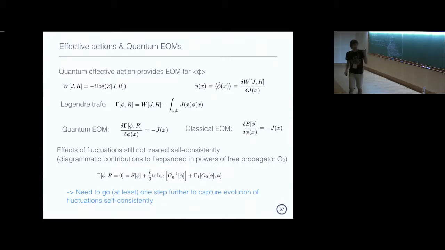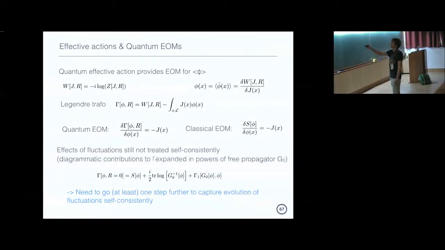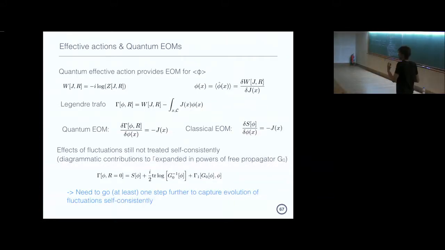And just like that, what I'm doing here is I take this effective action and a derivative with respect to the field, and that gives me the equation of motion for the scalar. So that's going to be the quantum equation of motion, and in a sense that's one-to-one analogous to the classical equation of motion. In the classical equation of motion we would extremize the action, and if a source is present, there would be a source appearing on the right-hand side. But now the role of the classical action in the quantum theory is played by this quantum effective action.